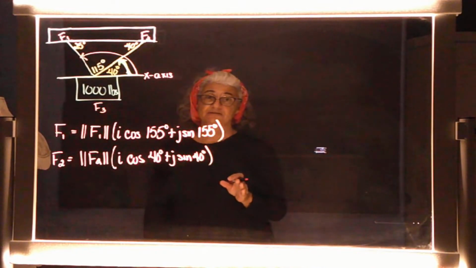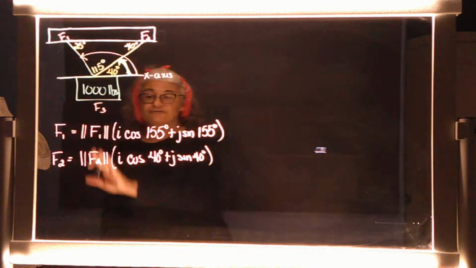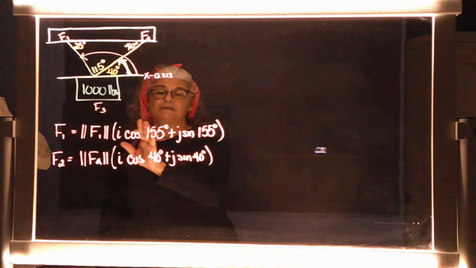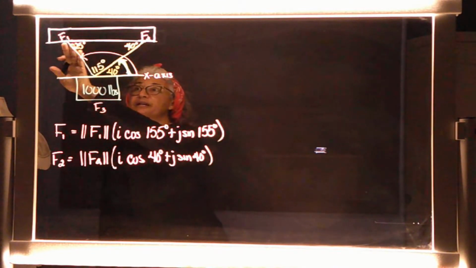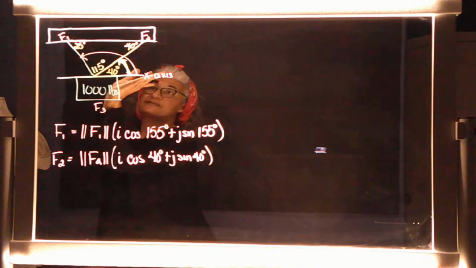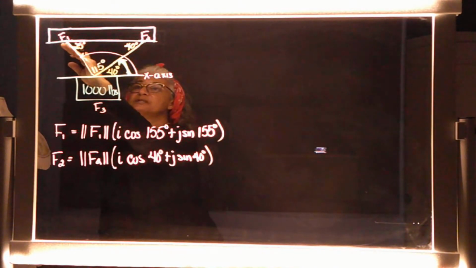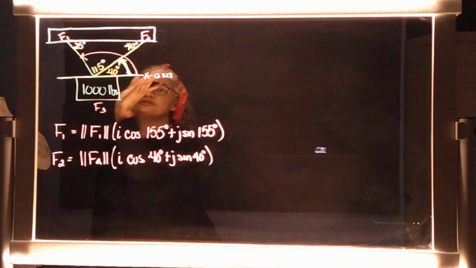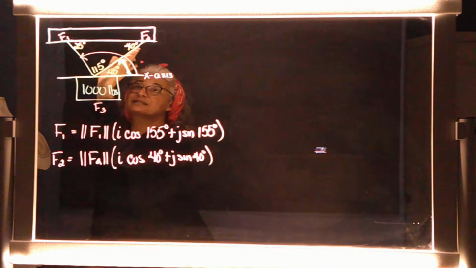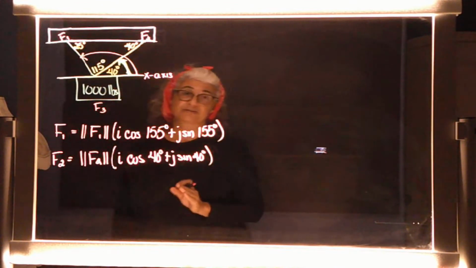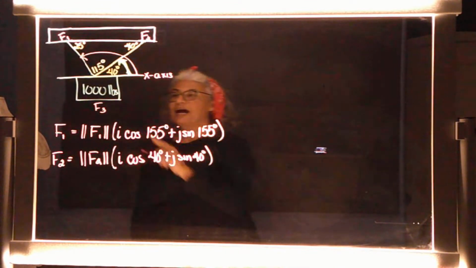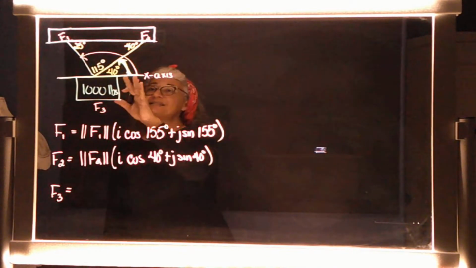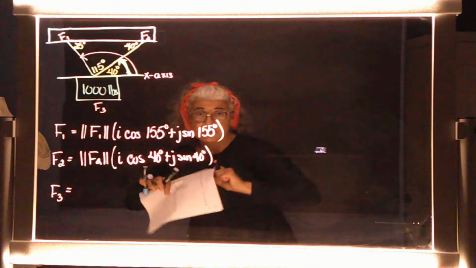With me so far? Again, I'm looking for the force on both of these. I'm looking for the tension on both of these. But the angle for the F1 starts at the positive side of the x-axis and goes to here, which is why it's 155 degrees. And for the F2 starts at the positive side to the x-axis and ends here at 40 degrees. Cool? Okay, I mentioned there's a third one, F3, because as these guys are trying to pull this